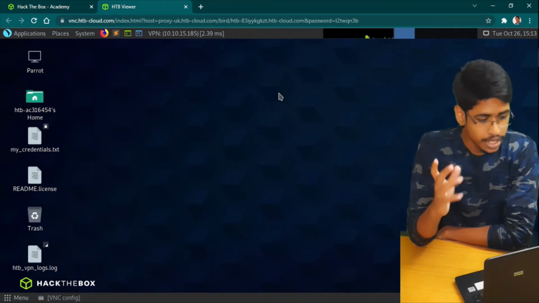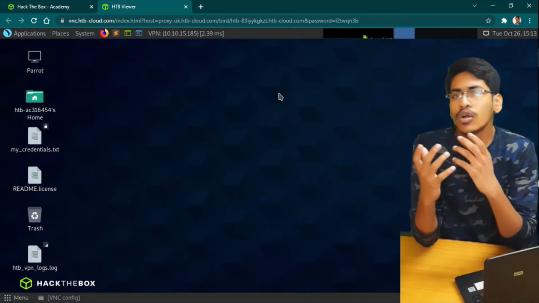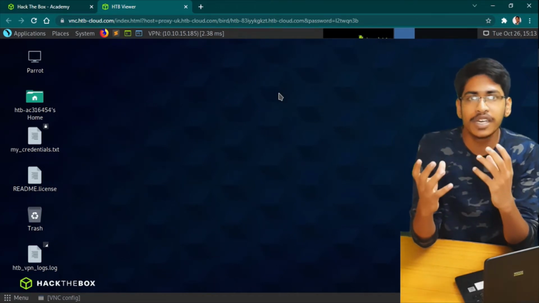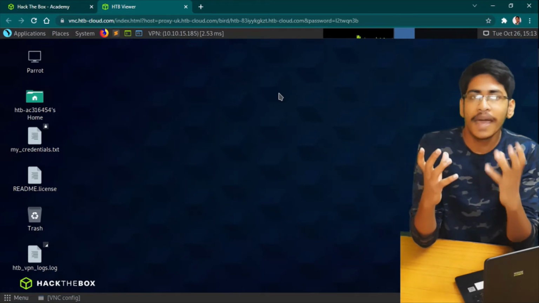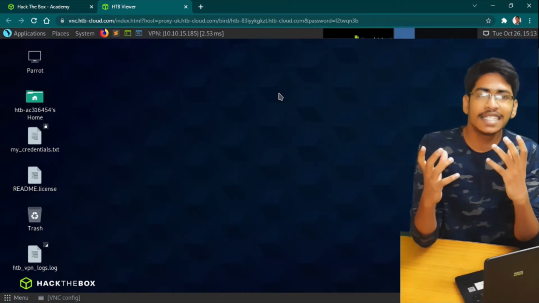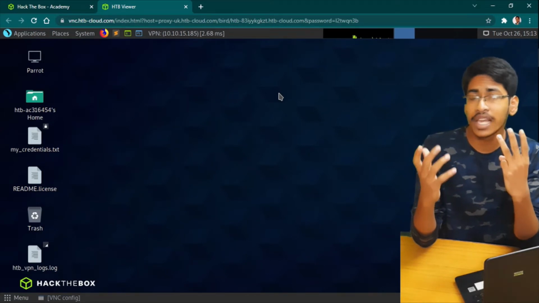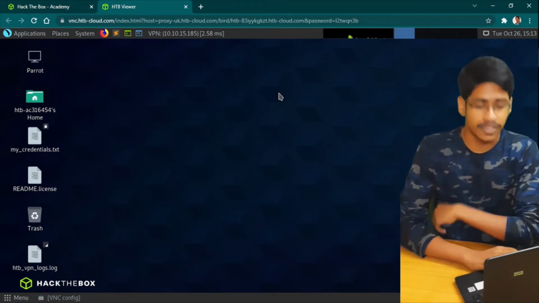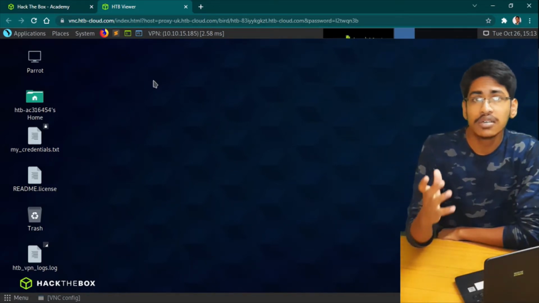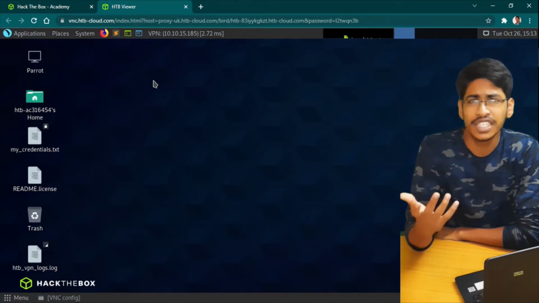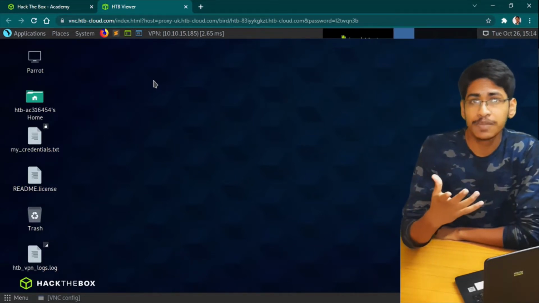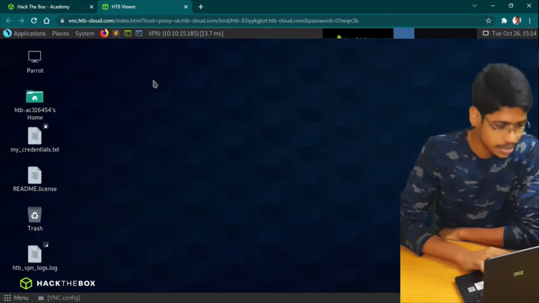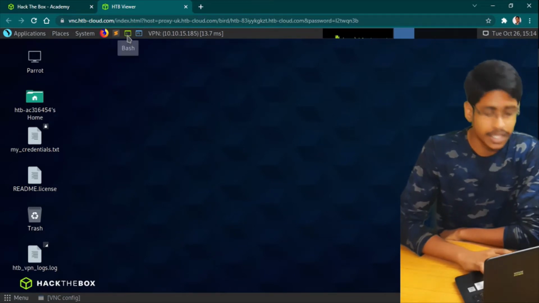But then again, let me tell you, Parrot operating system is actually in a few ways better than Kali Linux. Even though both of them have been written with Linux, Parrot OS can actually run with as little as 300 MB of RAM, while Kali Linux needs a minimum of 1 GB RAM. You can just compare them for yourself. And even when it comes to storage, Parrot OS only needs around 15 GB, while Kali Linux, from my own experience, needs 25 to 30 GB on a minimum basis if you want to run it pretty neat. So now click on this icon here.